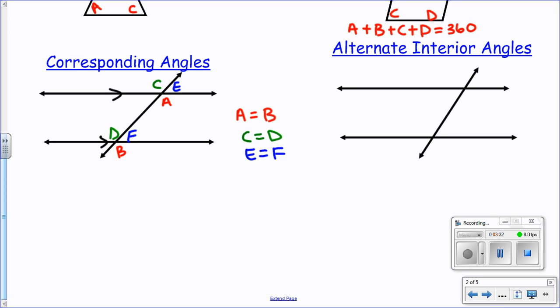The last angle relationship we're going to look at are alternate interior angles. So again, the lines are parallel. Alternate interior angles, so interior means they are inside the two parallel lines, and alternate means on either side of the line that goes through it. So A and B are alternate interior angles, and alternate interior angles are also congruent. So A equals B,